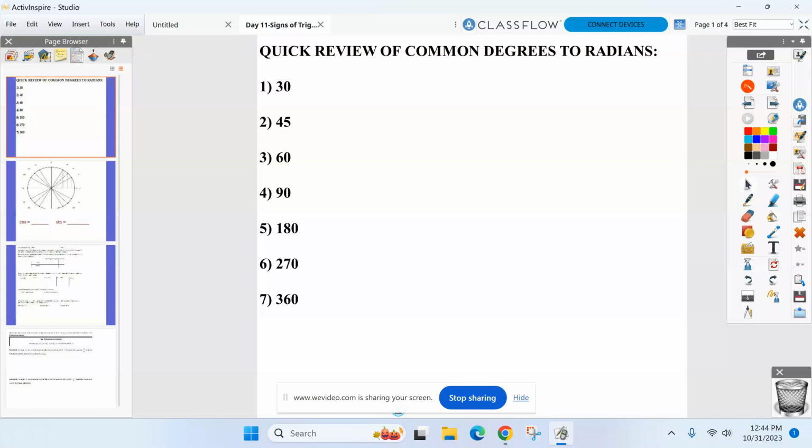Real quick, just a quick overview of everything. Degrees to radians, real quick. Just our common ones here. 30 is pi over 6, so these can go pretty quick here. 45,